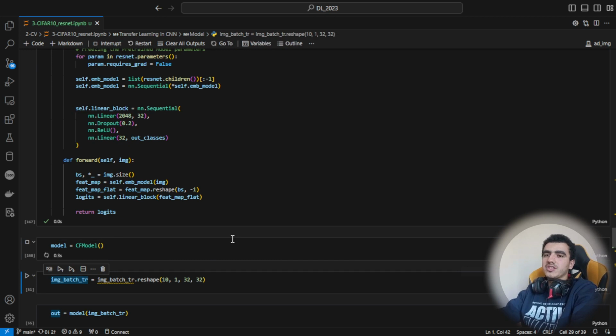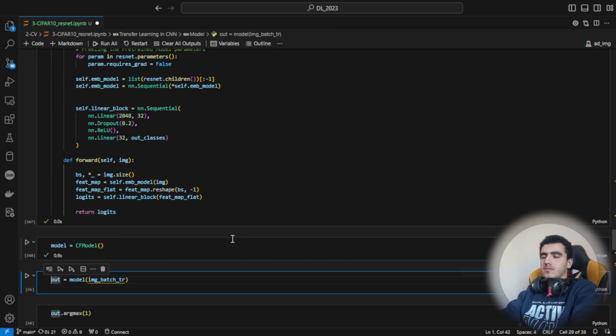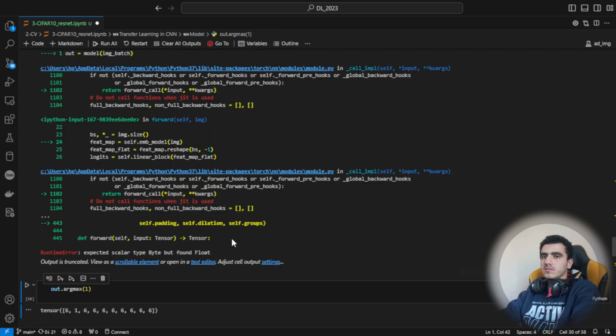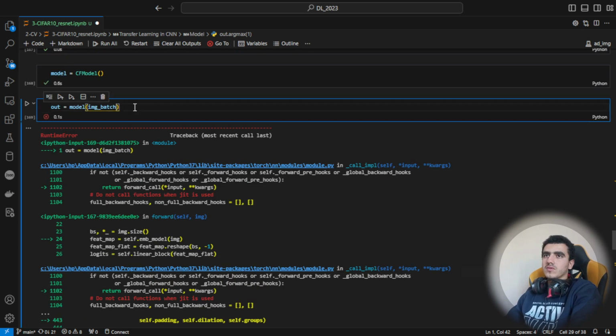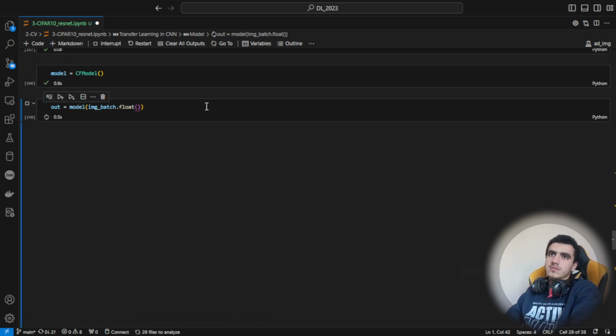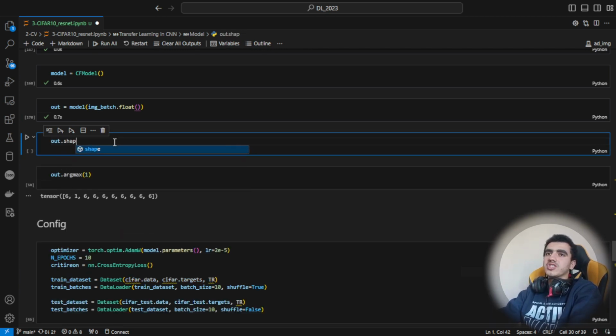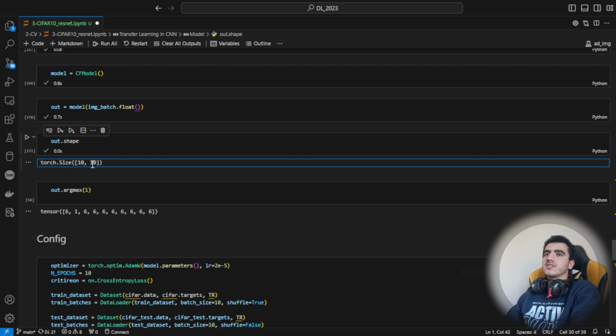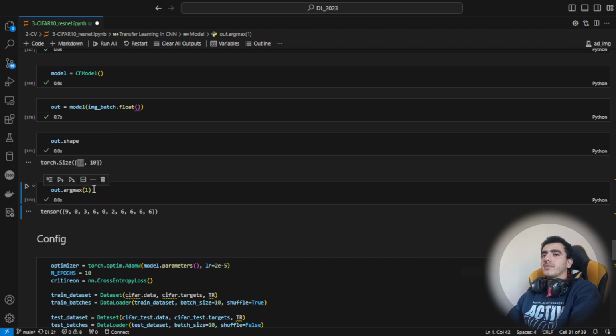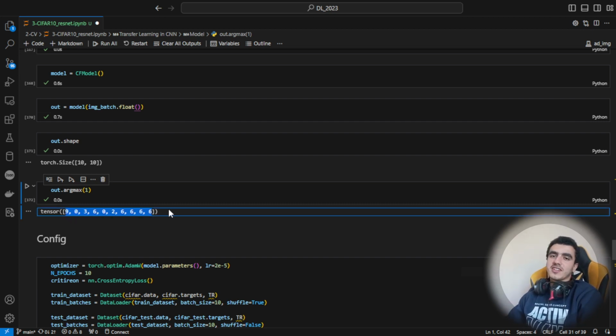Let's try with a batch. Okay, we also need to convert them to float. As you can see here, this is the final shape of our model: 10 classes, and the batch size is 10. So we also need to apply argmax. As you can see here, the numbers are different because of the random initialization, but also